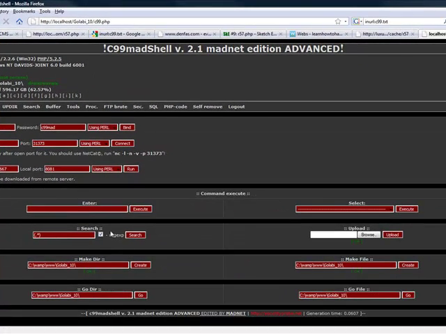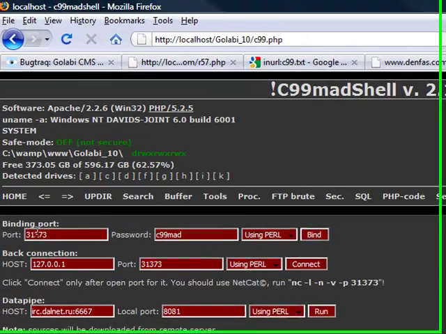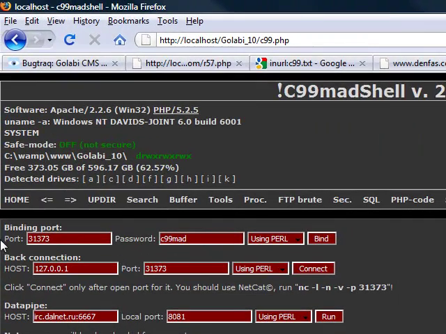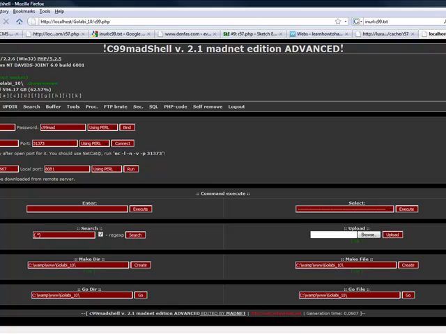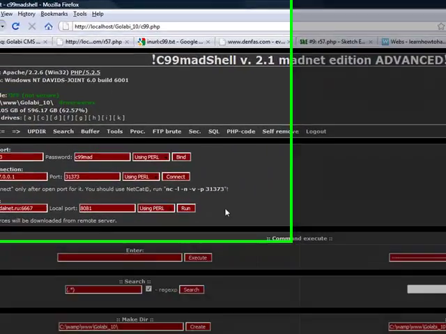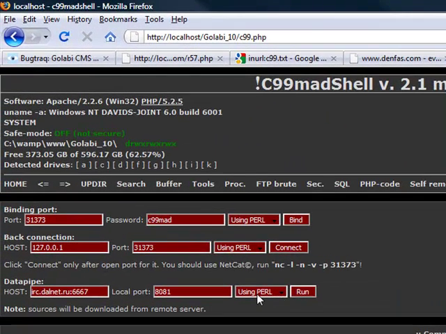You can make directories, search files. You can bind. This is where you can actually back connect to the actual server. So you can basically backdoor the server and connect to it whenever by opening up a port and connecting to it via Netcat, which is called the Swiss Army knife of hacking,